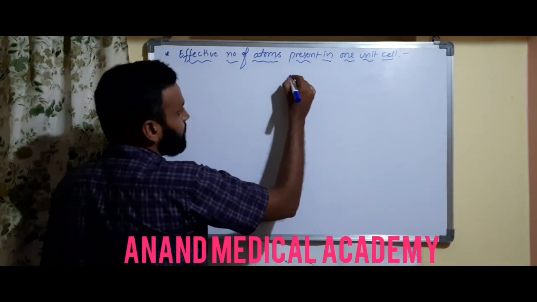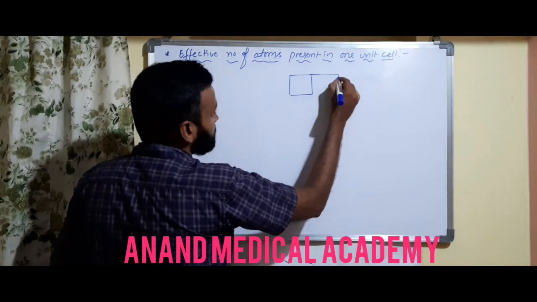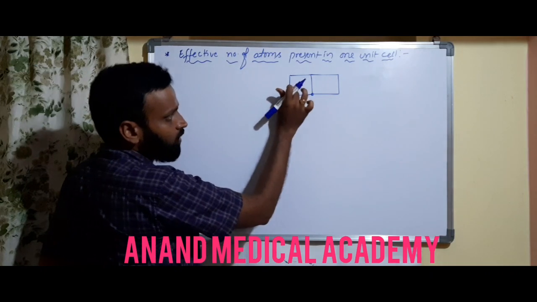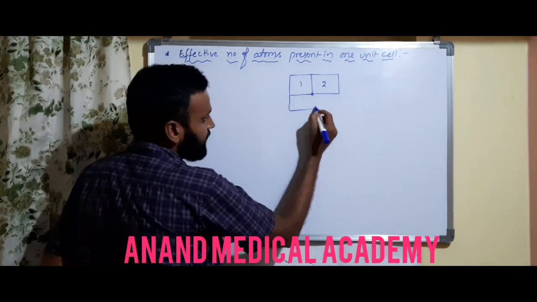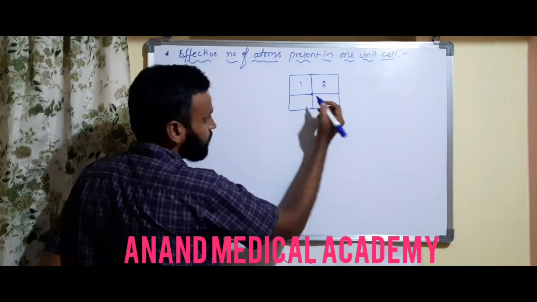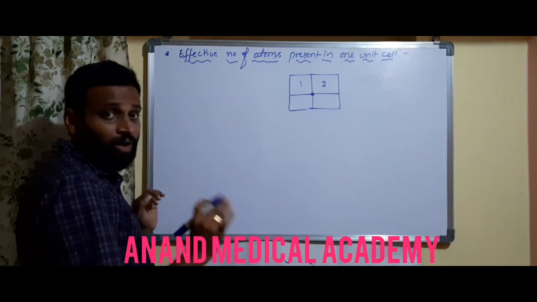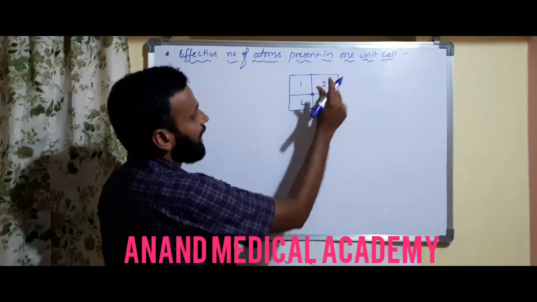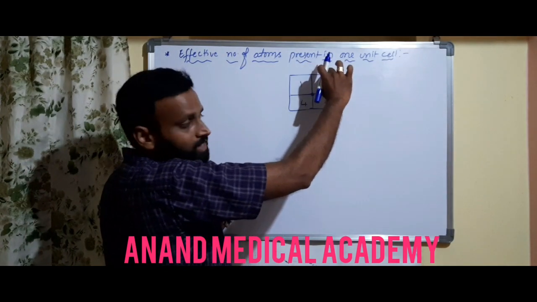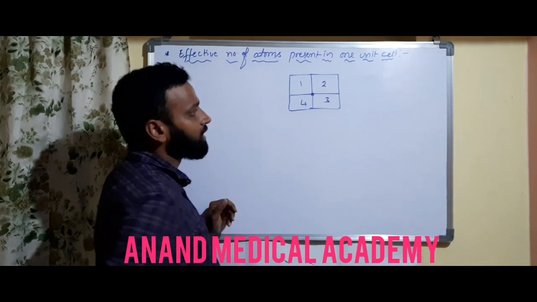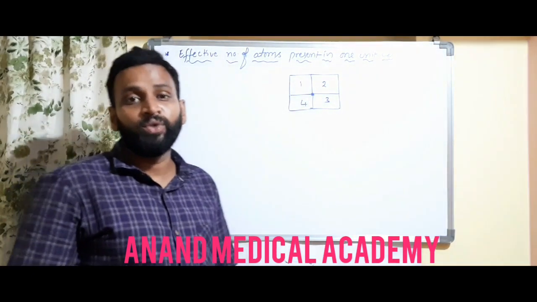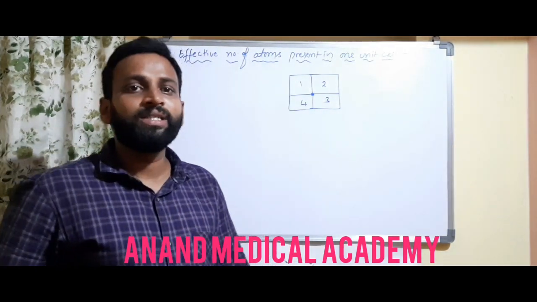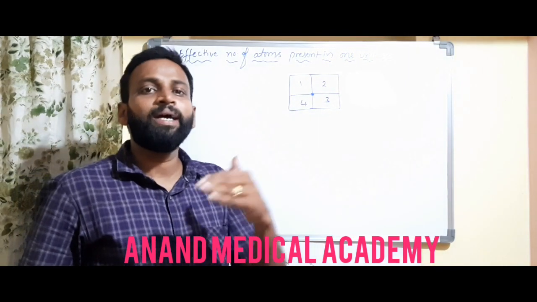I showed it in the previous also. This is a corner atom. Here you have a corner atom. I told you this is one box, this is the second box, here you have a third box, and here you have a fourth box. So this corner atom is now shared by 4 unit cells, 1, 2, 3, 4. And here I can place a fifth one, a sixth one, 7, 8. So a corner atom is shared by 8 unit cells. This is very, very important. So per unit cell contribution is 1 by 8.